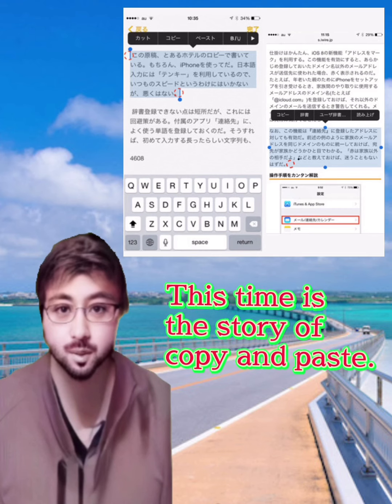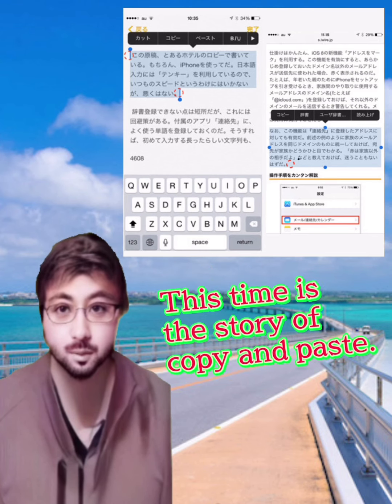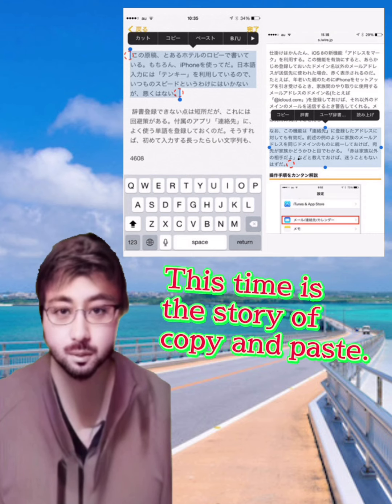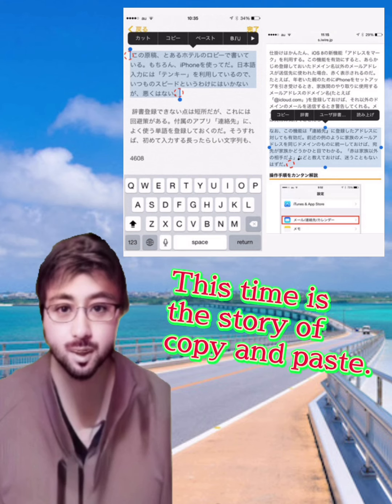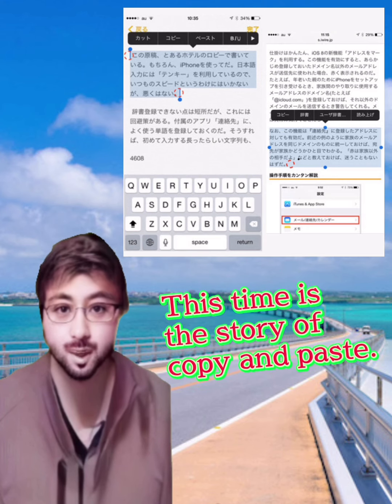This time, I think it will be in the category of, why the iPhone I can't hear anymore. Can you make it easier to select a range when copying sentences? I would like to talk about that. I haven't had this problem with Windows, which uses a mouse. On smartphones, selecting a range when copying can be frustrating.